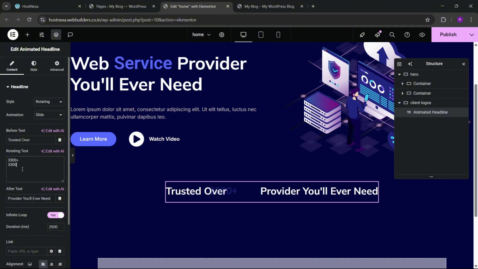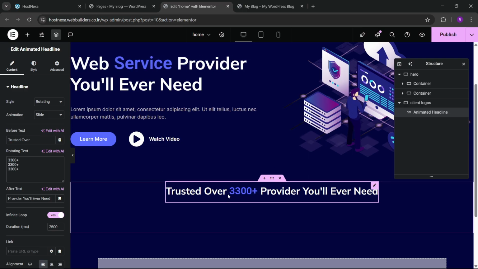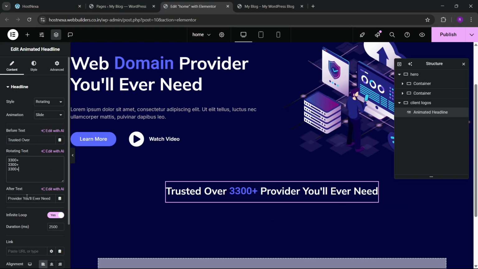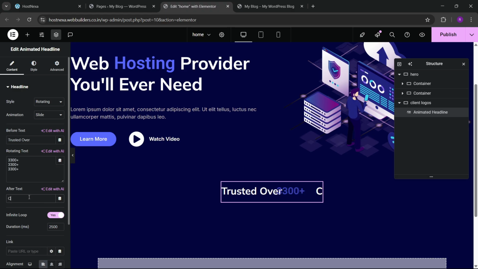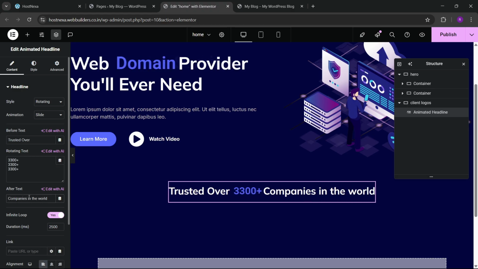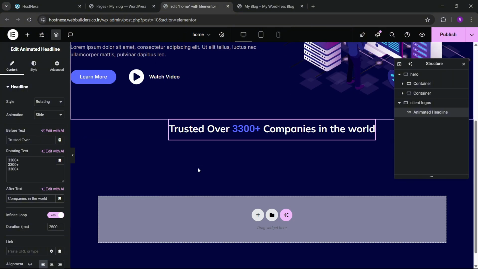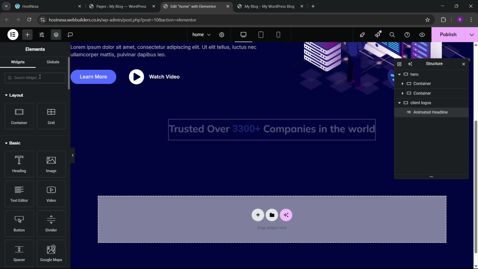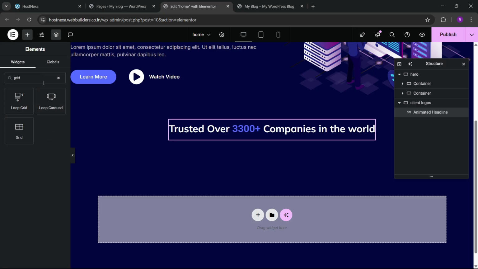Okay, and 3300 plus provider you will ever need. So here we can write companies in the world. Companies in the world. Okay, like this. So now you can see that we have these logos here. So for making the logos, what we can write, we can go to